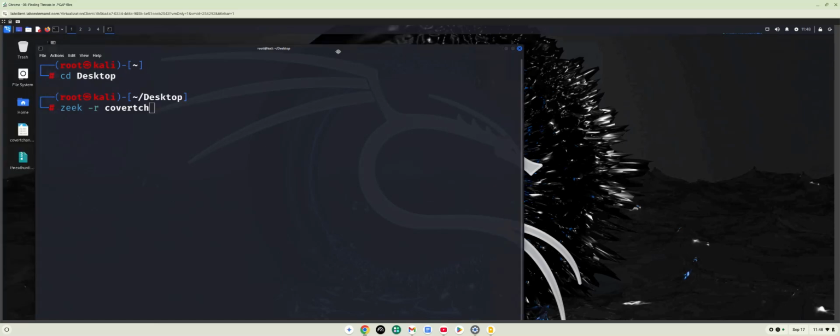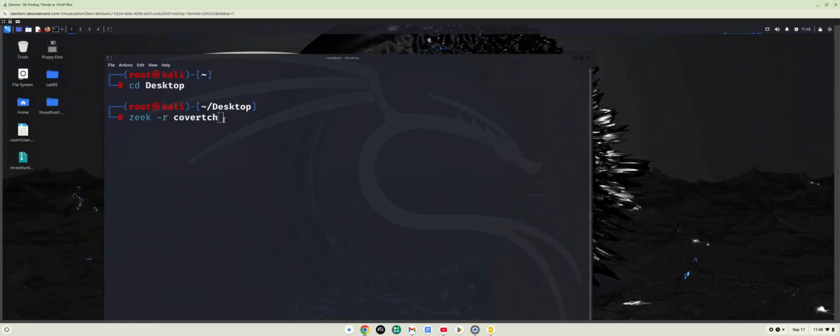I'm going to move this out of the way because there's something on my desktop that I want you to see, and then I'm going to go back full screen. So I'm going to say covertchannel.pcap. I want you to pay attention to the left side of my screen and see what happens to the desktop here. So I'm going to hit enter,